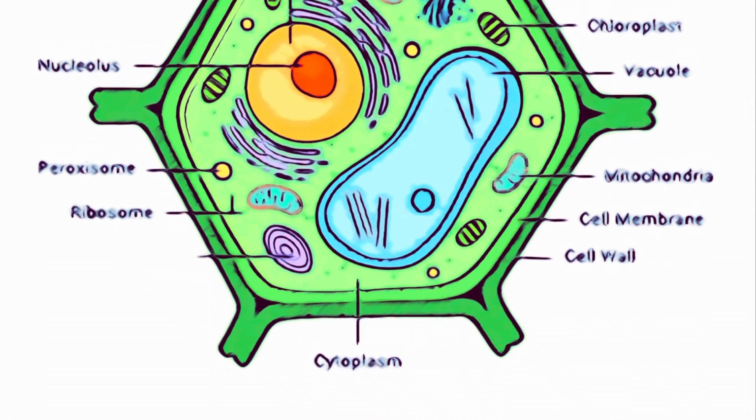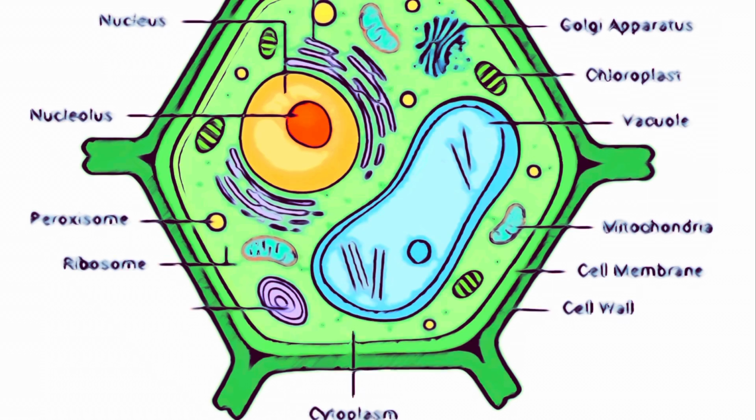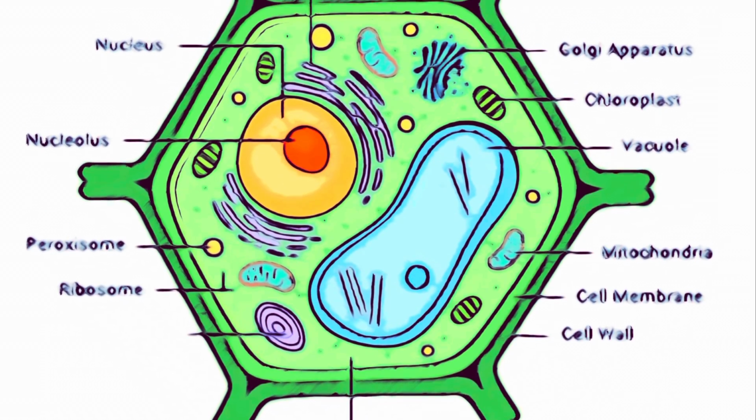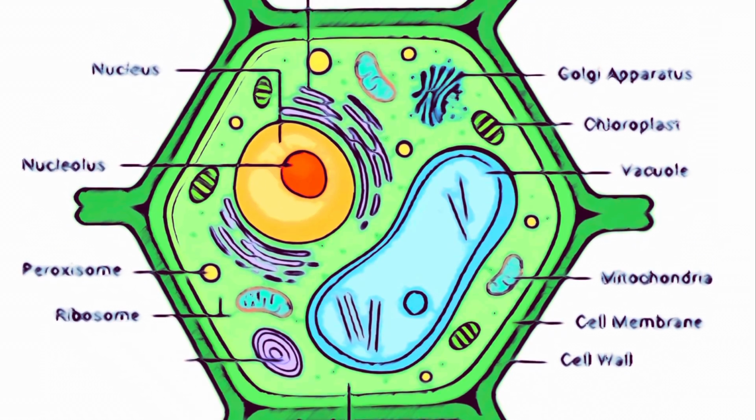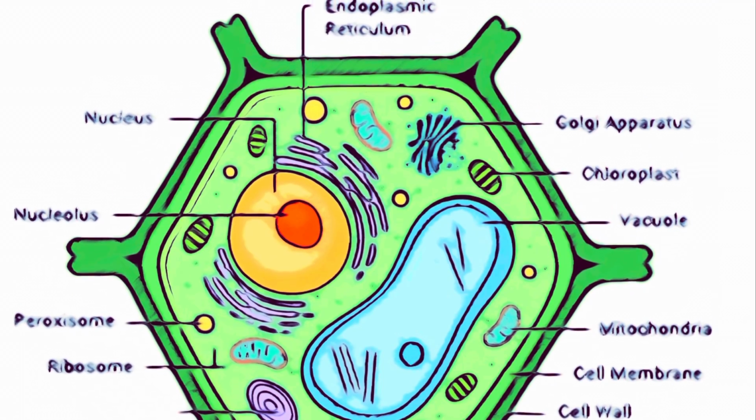Today we will be talking about plant cells. Plant cells are the basic unit of life in organisms of the kingdom Plantae. They are eukaryotic cells which have a true nucleus along with specialized structures called organelles that carry out different